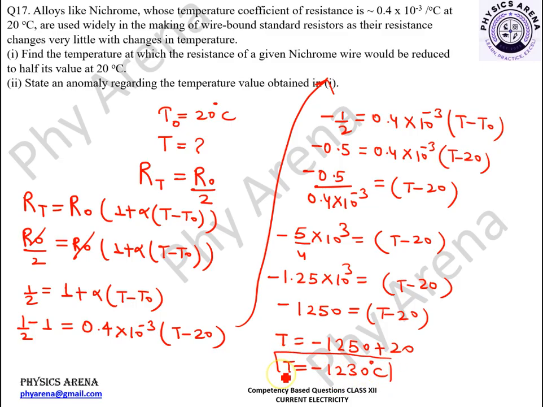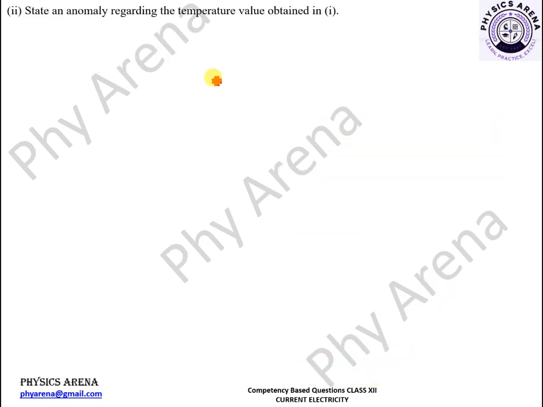So this is the temperature at which the resistance would fall to half its value as it was at 20 degrees Celsius. Let's take part 2 as well. It says: state an anomaly regarding the temperature value obtained in part 1. So the temperature that we have obtained in part 1 is minus 1230 degrees Celsius. And this temperature